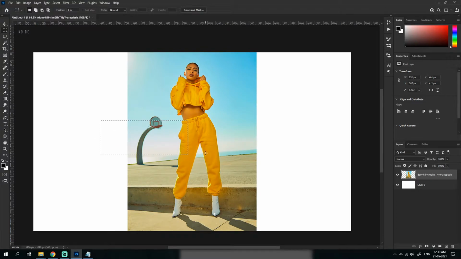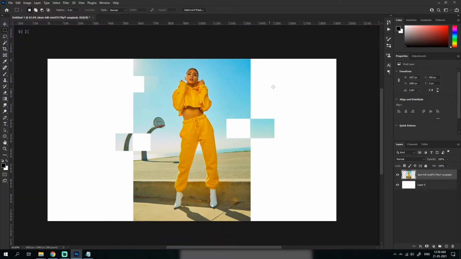With this selected, if I press Ctrl, you could see I could just move it like this to create some cool effects. I'm holding Shift to actually move it perfectly in a horizontal line. You could see you could create cool effects like this, and then do it for every single thing.